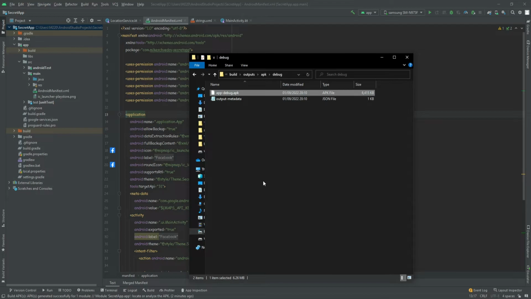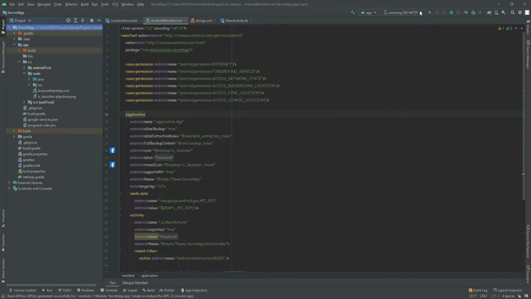Then don't forget, when you install it on the target device, you need to grant the permissions before you leave the device, right? Because we first need to grant the permissions. So you need to open the app for the first time and grant the permissions. You also want to disable the notifications so there will never be a notification when the service is running, right? So if you forgot how it looks,